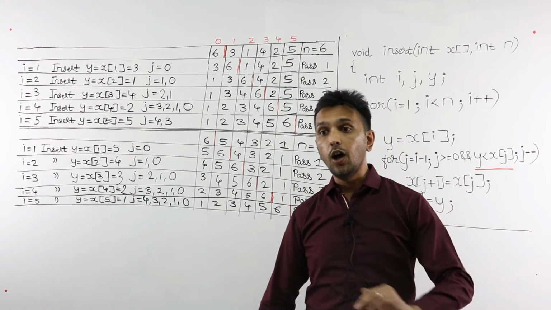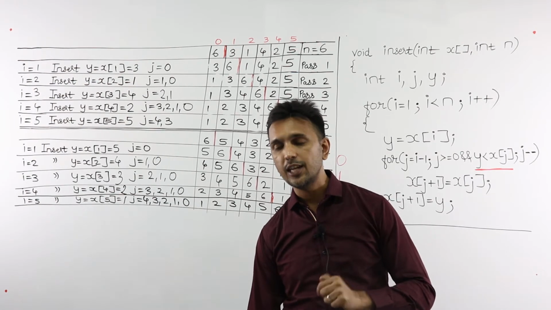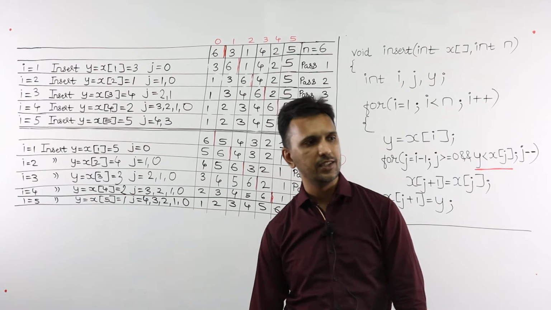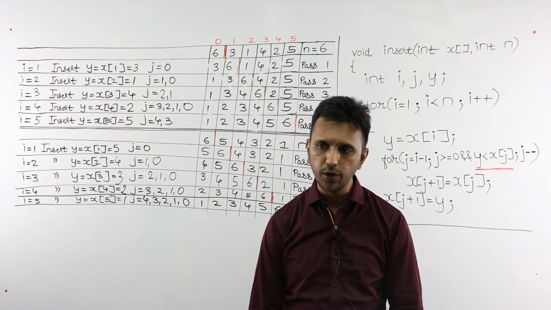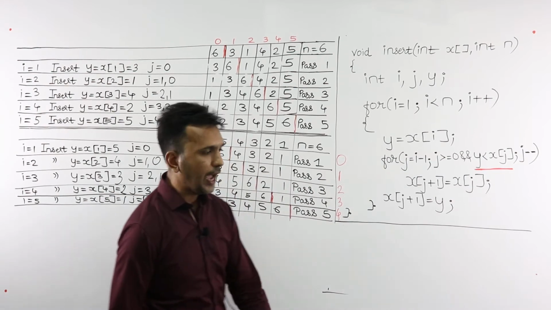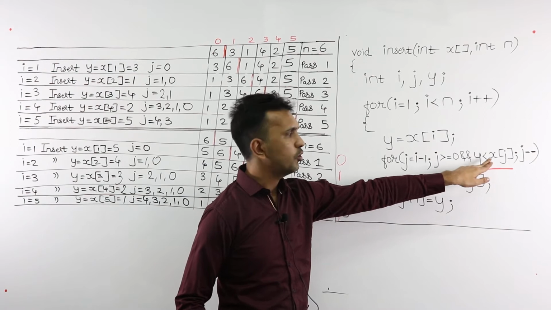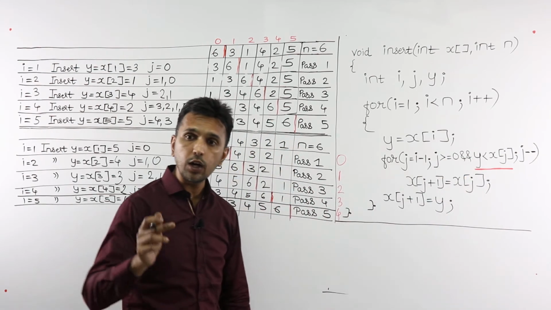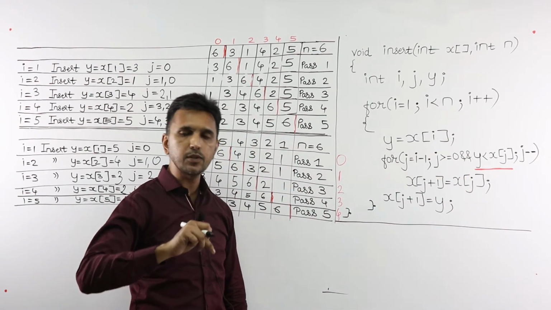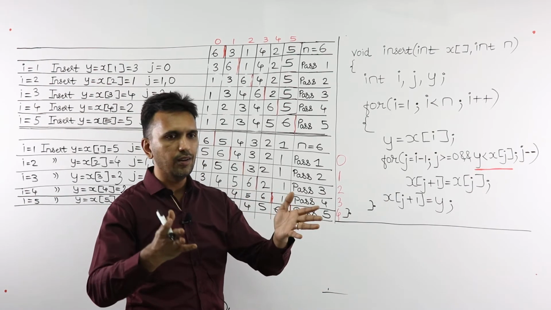Alright. Now let's analyze insertion sort for best case. Let's find out how much time it takes in best case. Time means f of n. Do you remember that? So we have decided that this is the critical operation. Now all we need to do is count how many times that critical operation executes in best case. So simple.